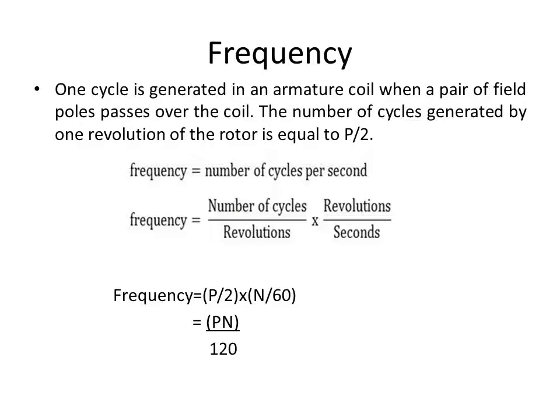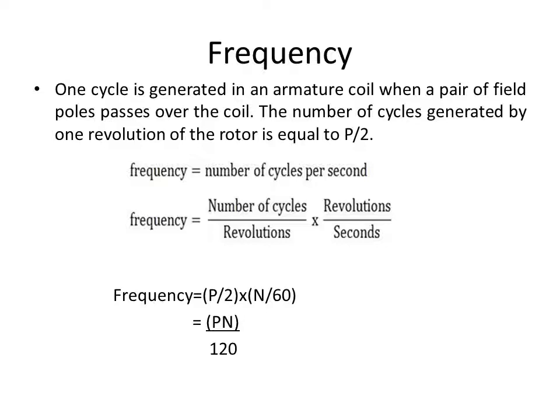So, frequency. What is the frequency of the generated EMF? It can be calculated as the number of cycles per second. What is the definition of frequency? Number of cycles per second. How can you write it in terms of revolutions and cycles? Frequency can be written as number of cycles per revolution into revolutions per second. Number of cycles per revolution, as already mentioned, is P by 2. For one complete 360-degree rotation, one revolution, the number of cycles is P by 2, number of poles divided by